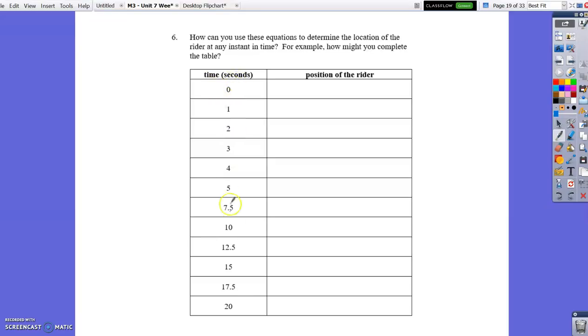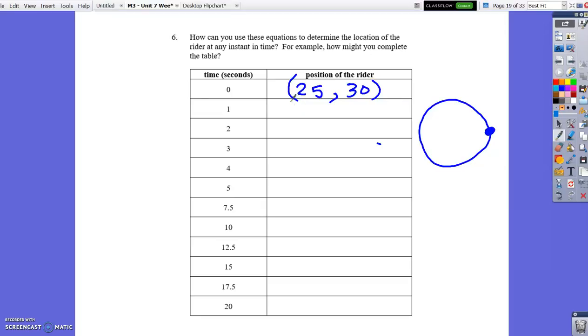And then to fill these out, if you click on second and then turn on the table, it'll give you your time in seconds. You can set that to automatically default, or on this one I would have it so you can put in numbers and it'll tell you the position. We know at 0 we're starting again on our Ferris wheel right here. At 0 we're 25 feet away from the center and 30 feet above the ground,